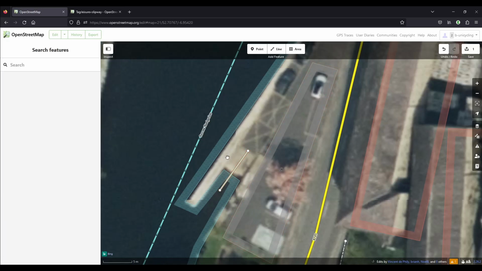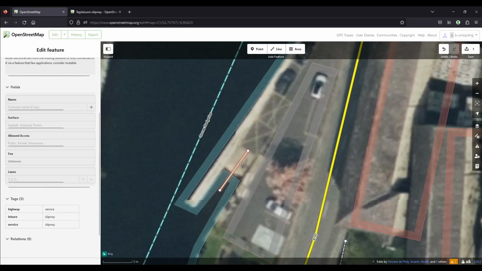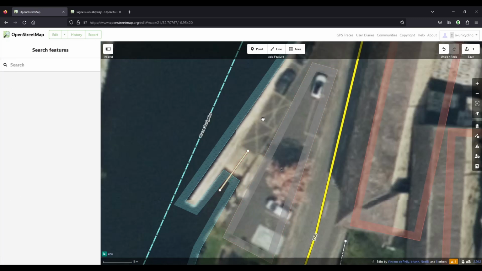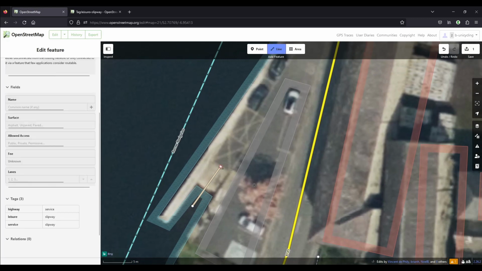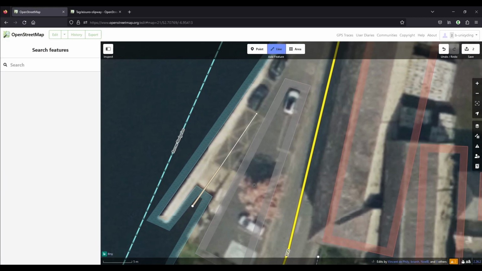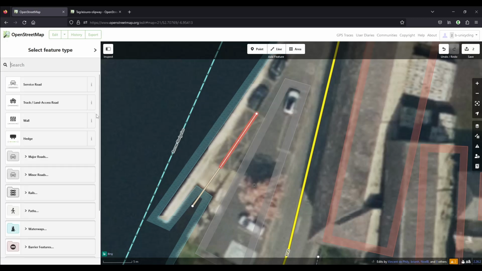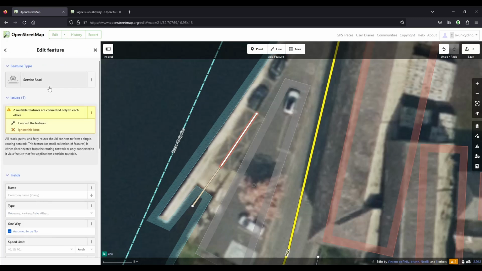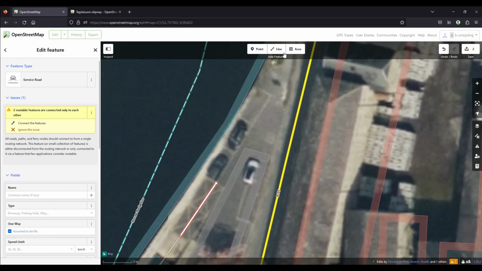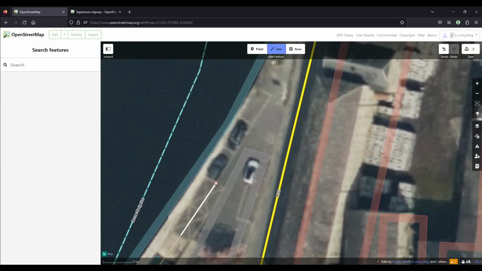If you have a measuring tape on you while you're there, you can also measure the width, because that's sometimes important because different boats have different width. And then we'll add another piece here because we have to connect it to the main road. This is another bit of service road, just regular service, and then we'll continue it here